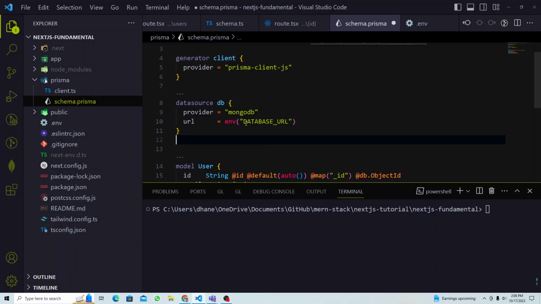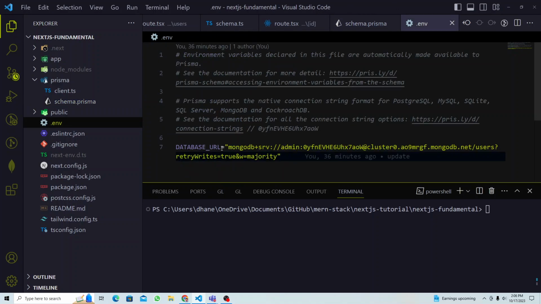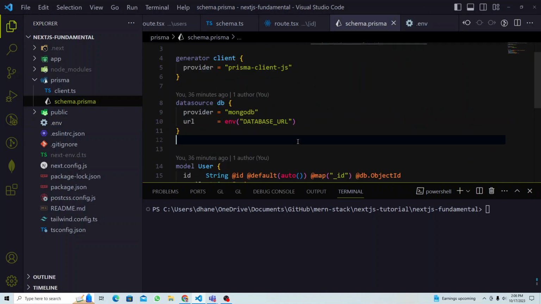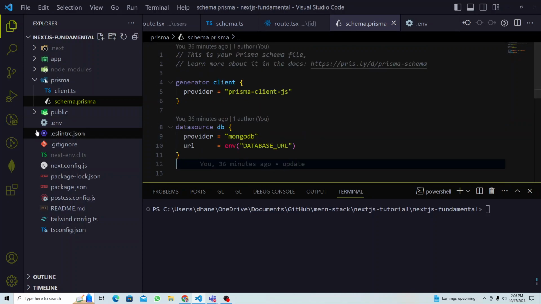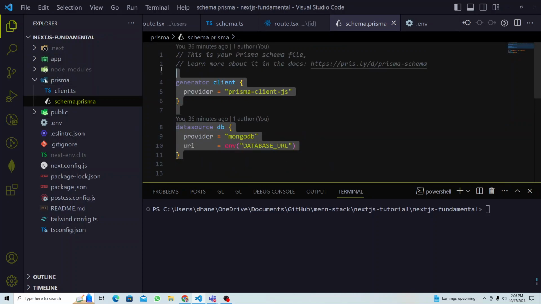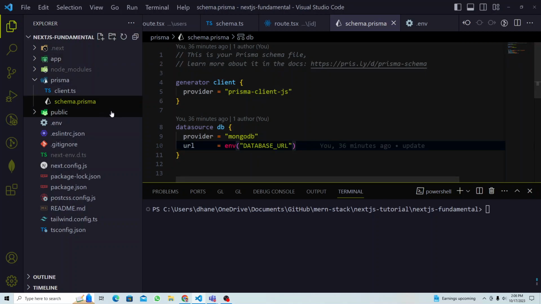The env database URL is already coming from our env file here, this one, right? Database URL. So once you place this URL, good to go, and now we don't have to worry. It's done. So that is all to set up the database or make the connection with your database in Prisma. The next step is